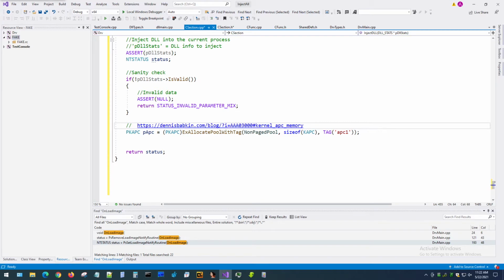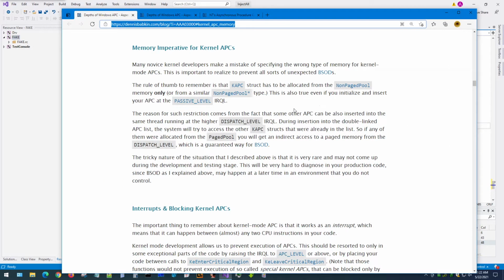So basically what happens is that when we queue an APC, the thread might actually have more APCs queued to it. And if it just happens to be that the thread at that time is running at a higher IRQL, like for instance a dispatch level,